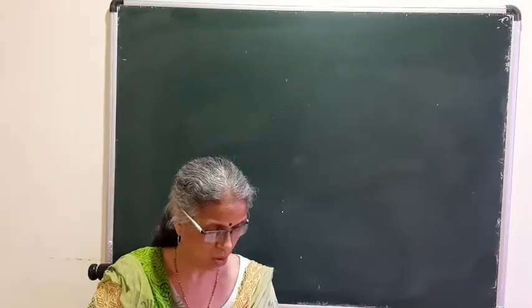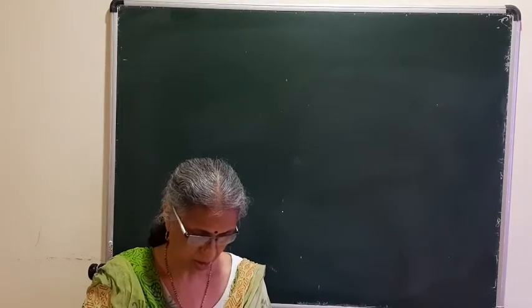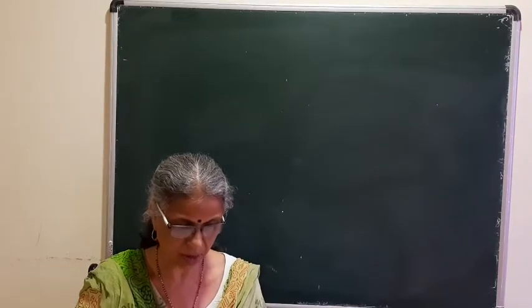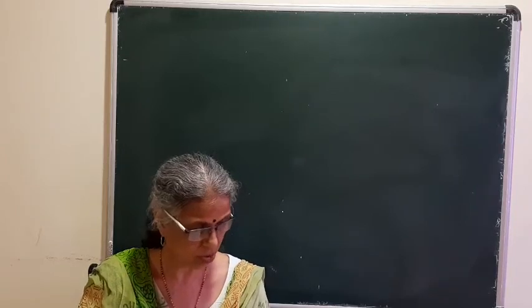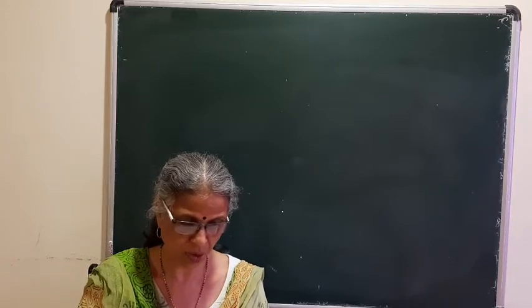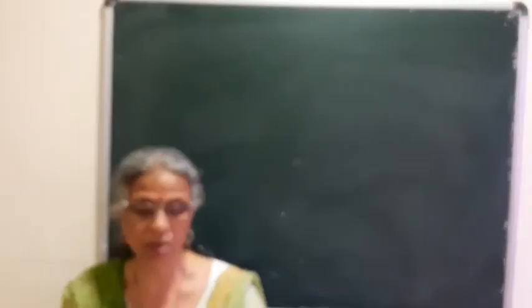Now we are going to solve exercise practice set 6.3, page number 149, maths 1, finding the mode. So first sum we are going to solve. Again, the first step in this is to write the horizontal table in the vertical manner. That is the first important step you have to do. Then after writing the classes, you have to see whether the classes are continuous or not. If they are not continuous, you have to make them continuous.